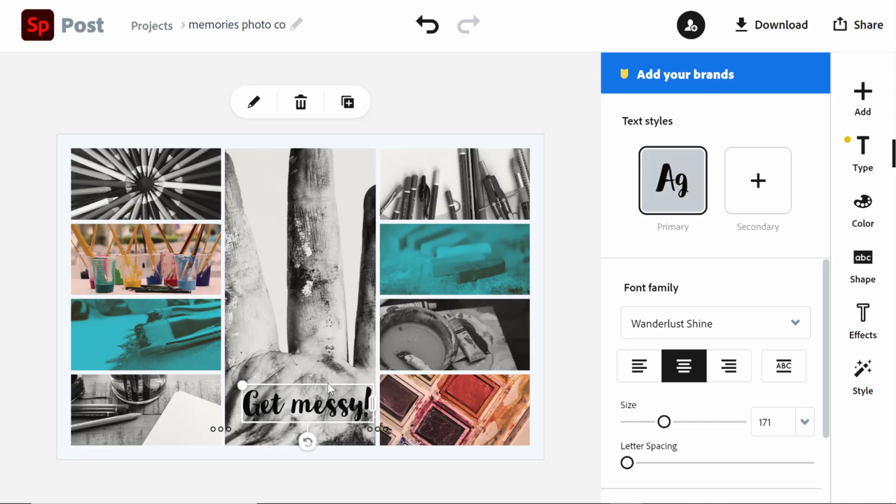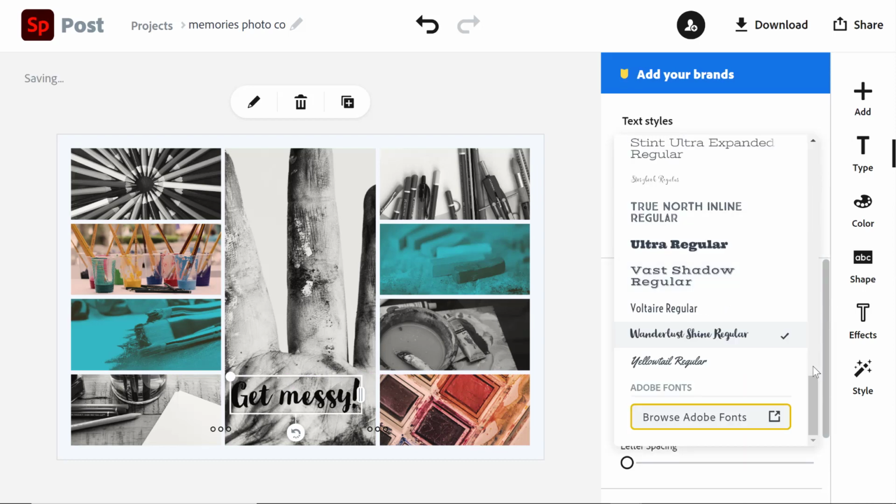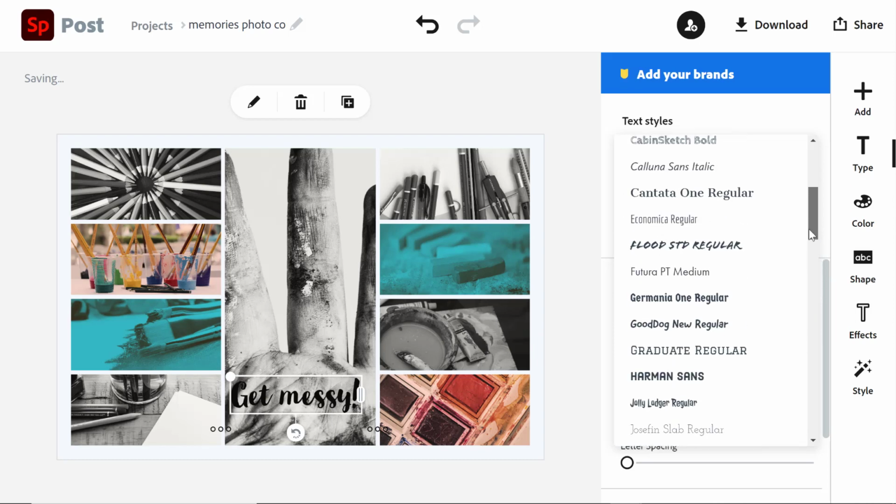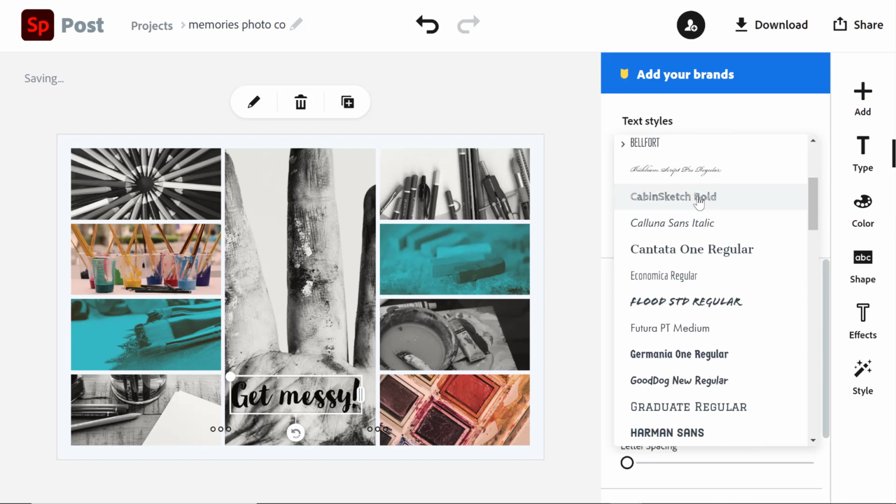Now, I don't really feel like this particular font represents what I wrote very well, so I'm going to take a minute and select a different font family that appeals to me and that further illustrates my theme. So I believe this one is a pretty good selection called Cabin Sketch because it looks like it's been drawn